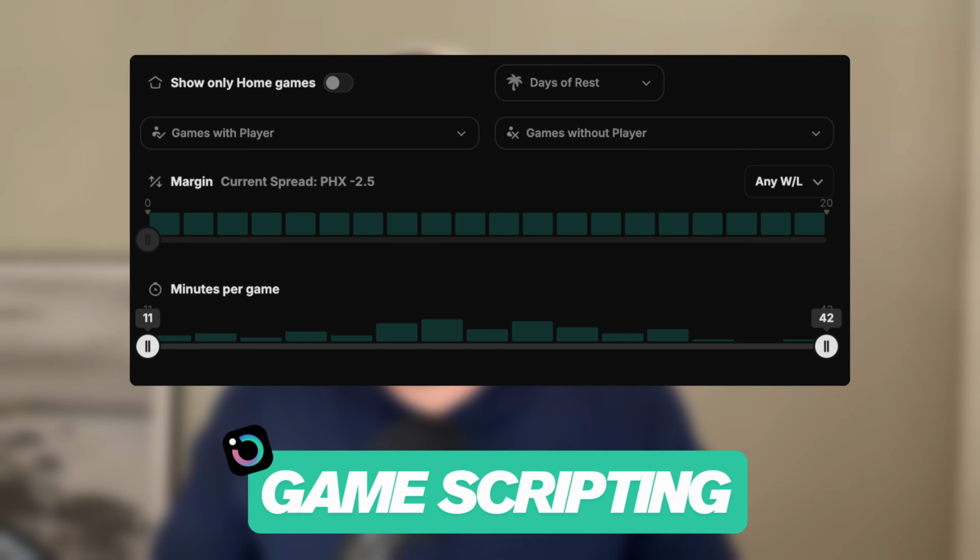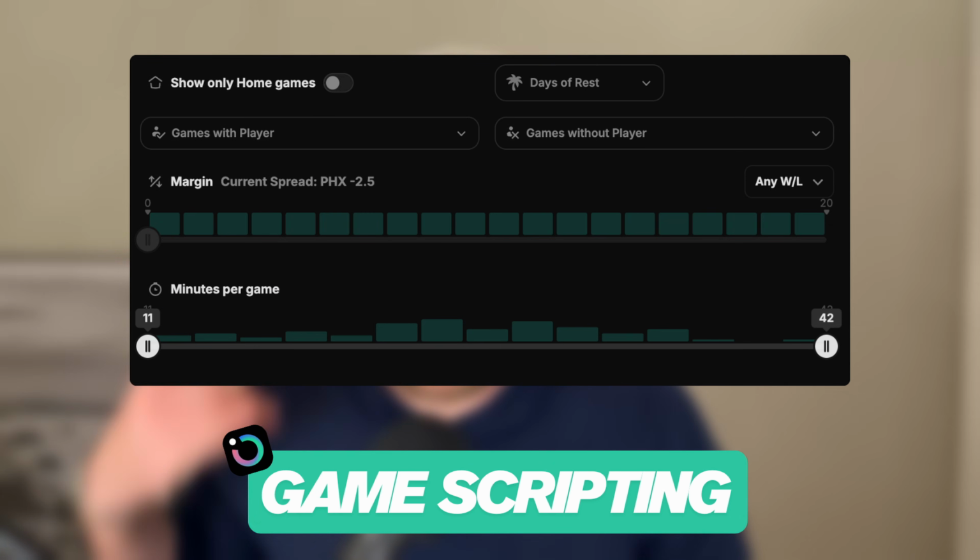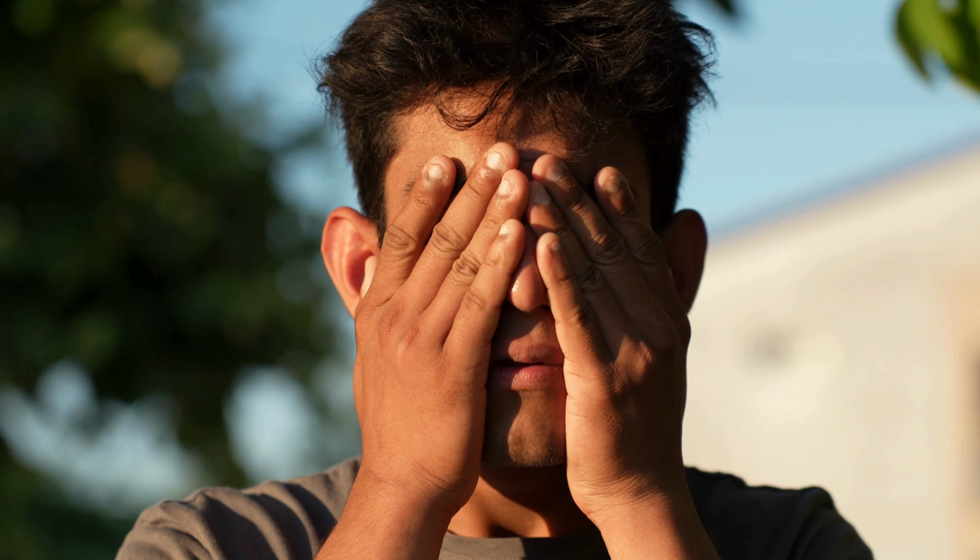And that's exactly why Outlier has built game scripting. It now allows you to add context to your pick and start doing more in-depth research. So now you can stop betting blind and actually start predicting and feeling confident in what you are actually putting